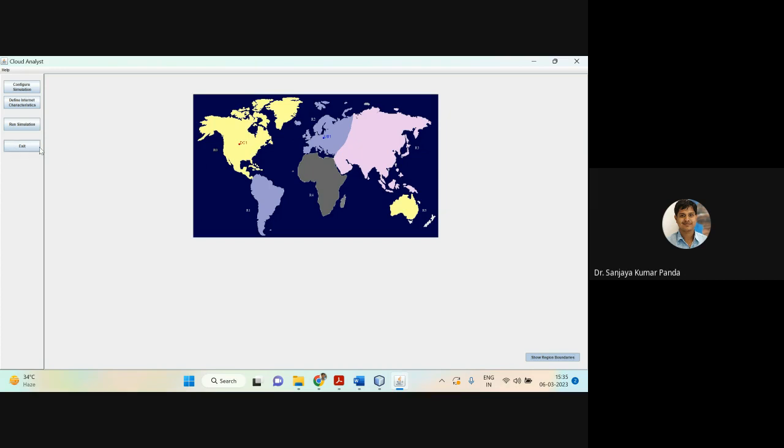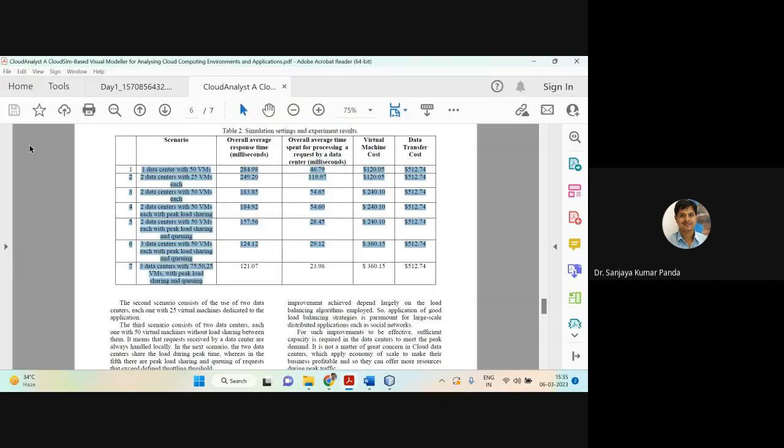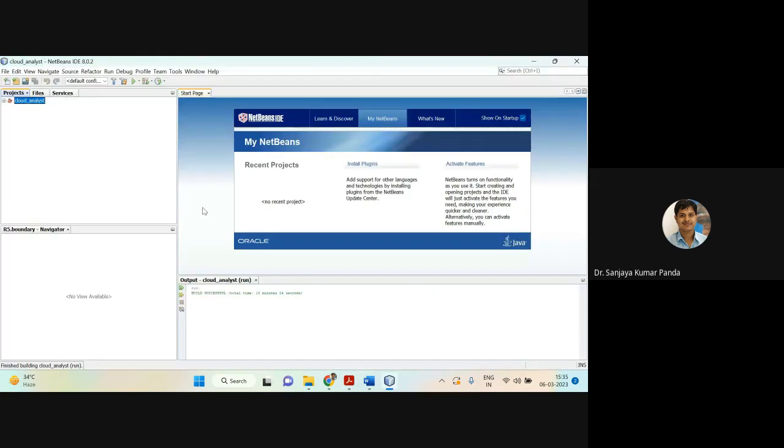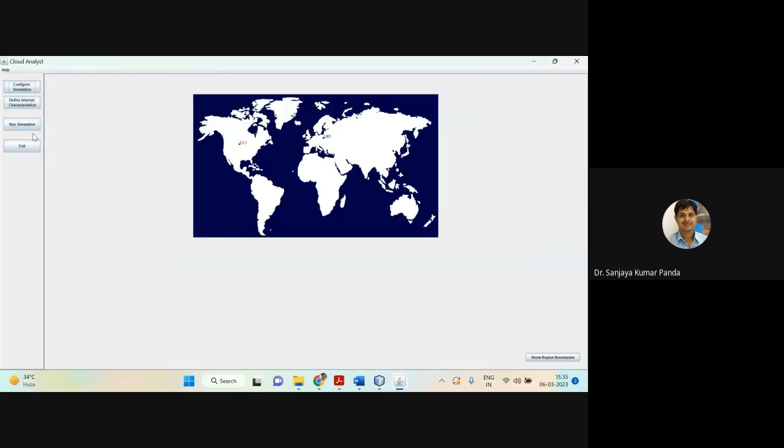And you know what is the use of the exit button? Once you click exit, you will be back in NetBeans, right? If I click exit, then again I have to go to NetBeans to start my simulation. Similarly, if you click run simulation, you know there is only one user base, there is only one data center. Once you click run simulation,